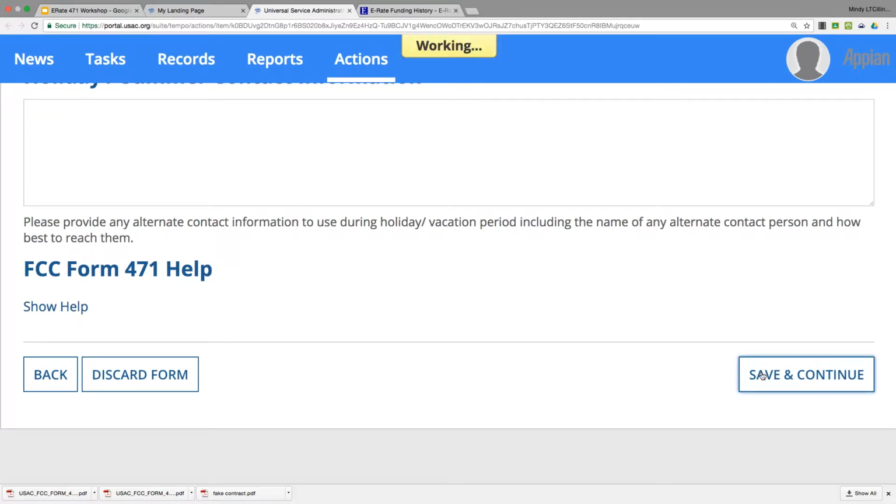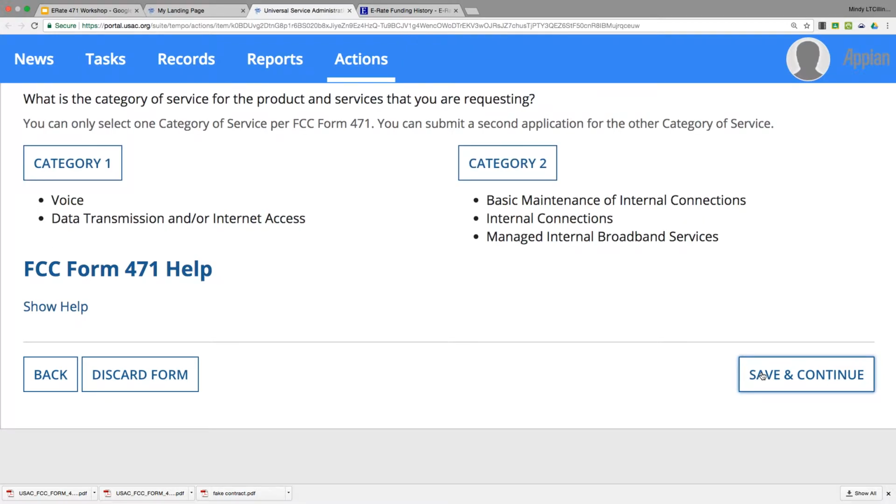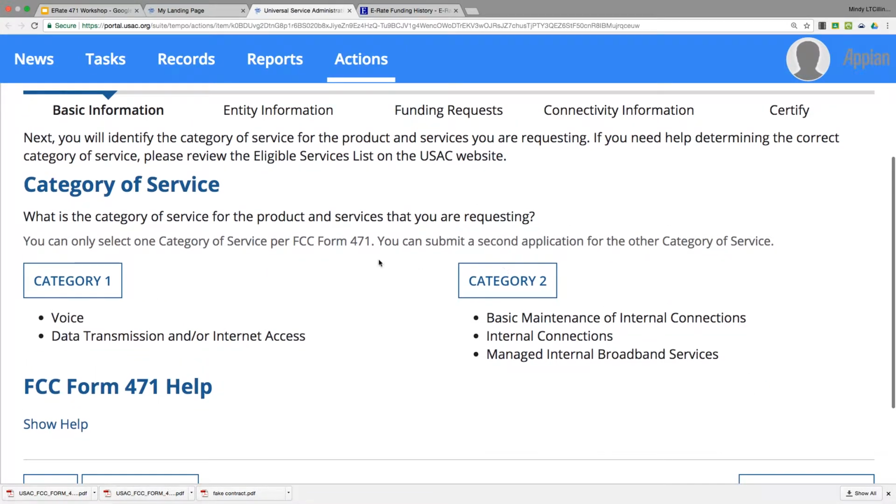Save and continue at the bottom to lock that in. And this is the part where we will be choosing Category 2. So notice Category 2 does cover basic maintenance of internal connections as well as internal connections and managed internal broadband services. One of the things that bothers me about this is that I wish internal connections was at the top,